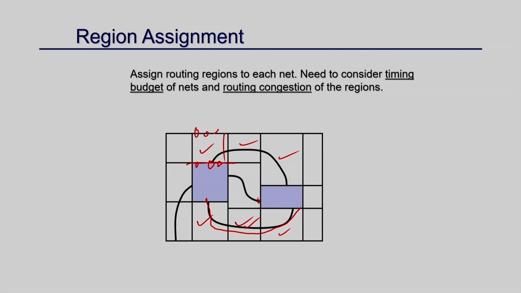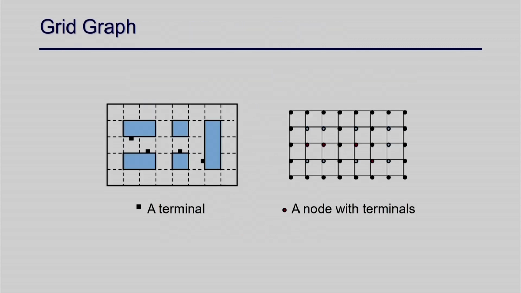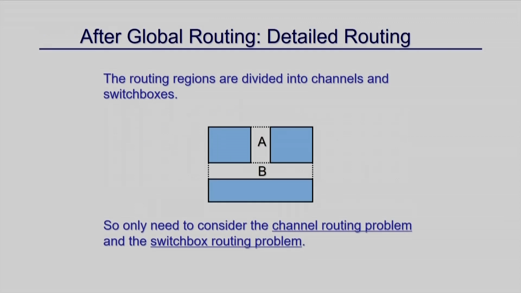Similarly for this, I know how many inputs are coming, how many pins are on this side. So that is what is called pin assignment. After this you decide the pin assignment for each channel or switch box, and once this is done, I am going to go for detailed routing.